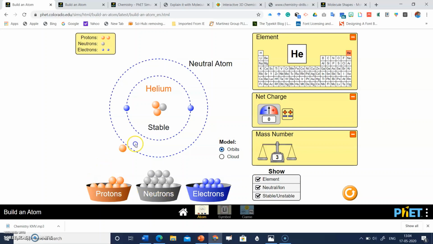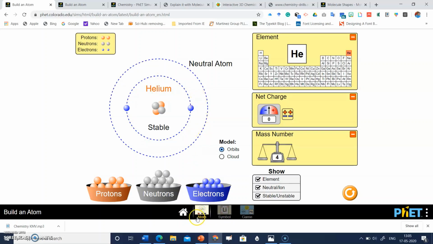But if one more neutron is added, now helium is a neutral atom and it is also a stable atom, right? So in this way, students can understand the concept of an atom and how to build an atom, how many electrons and protons should be present, whether that atom is neutral, anion or cation, etc.